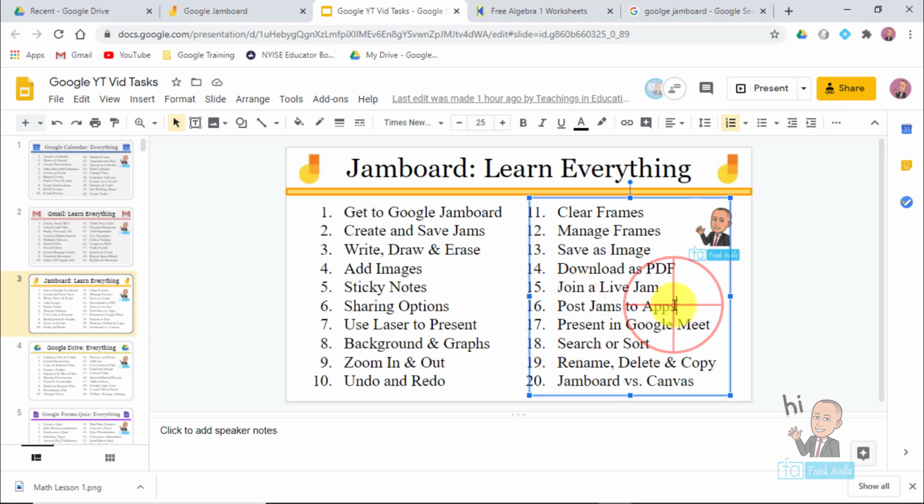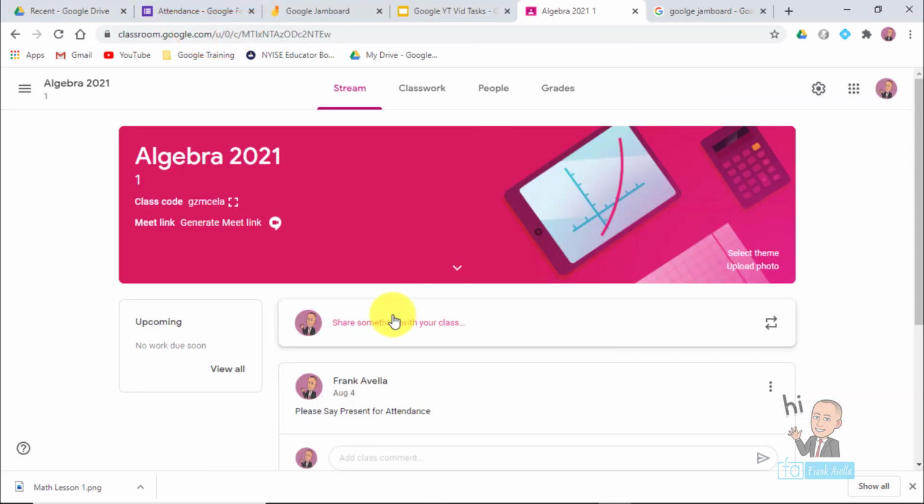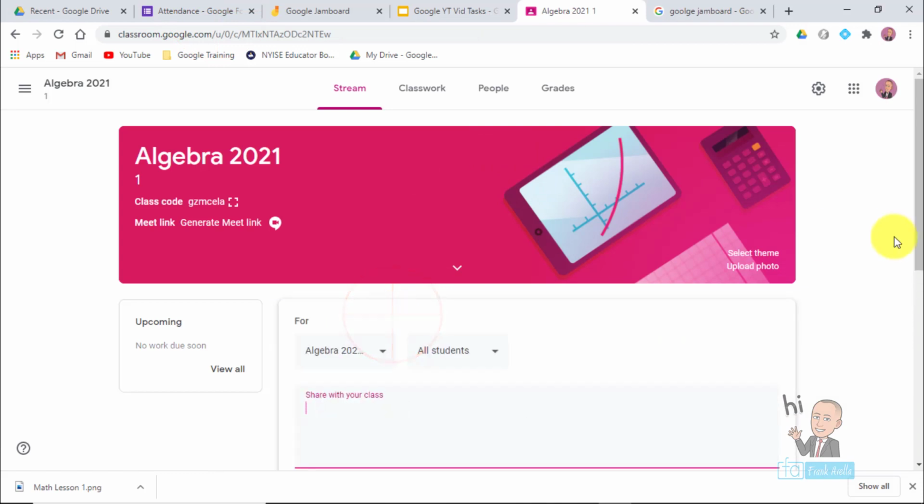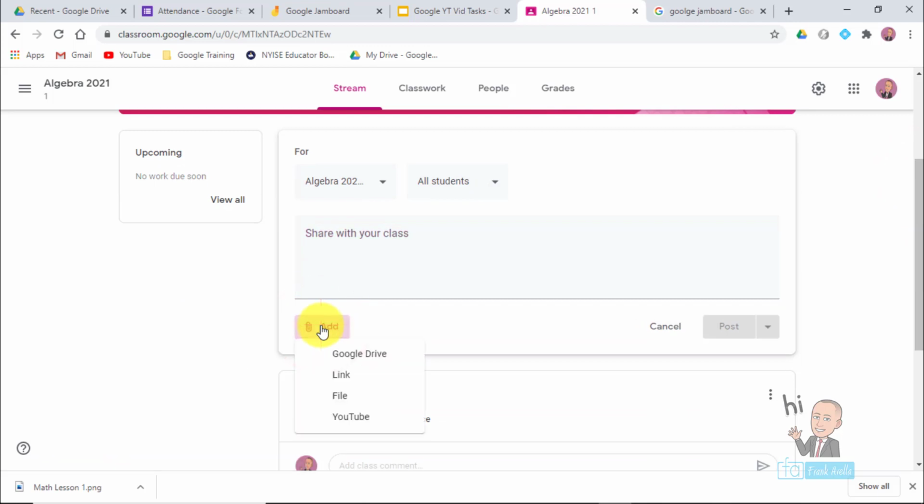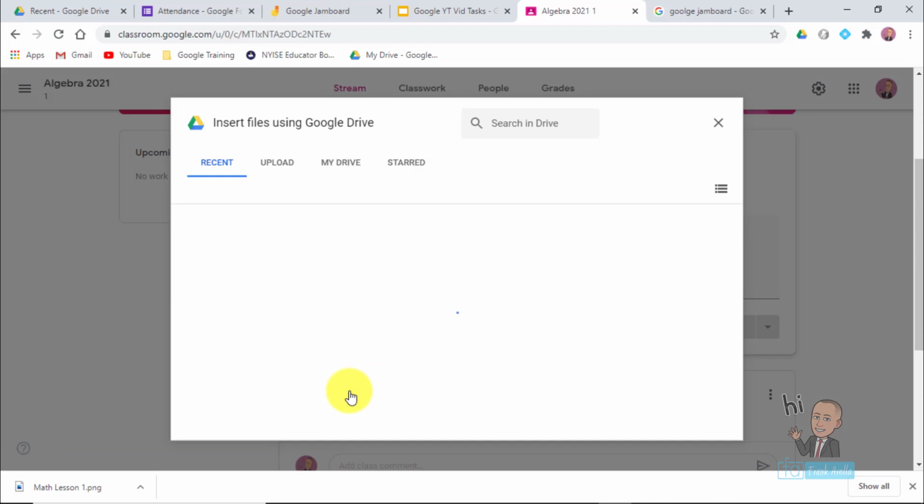So next up it says post jams to apps. When I say post jams to apps, I mean post a jam in Google Classroom, or post a jam in, let's say, a Google Form. I'll show you some real quick. I could just post an image right here by going to add, and then I'll go to, for example, a file, and just like before,